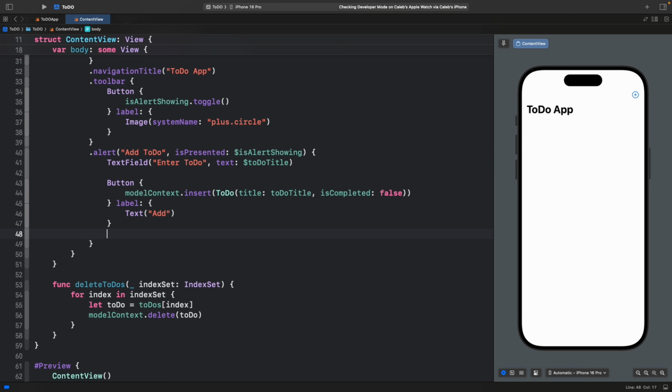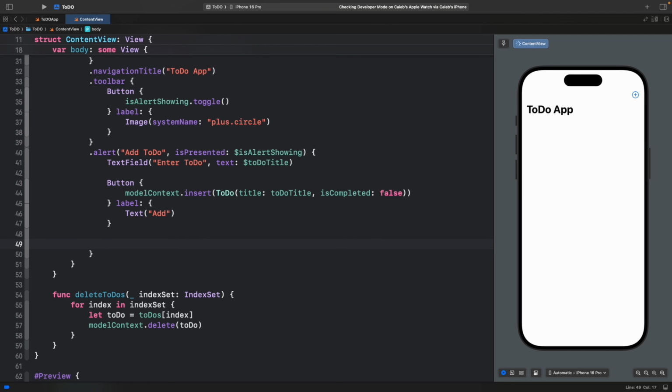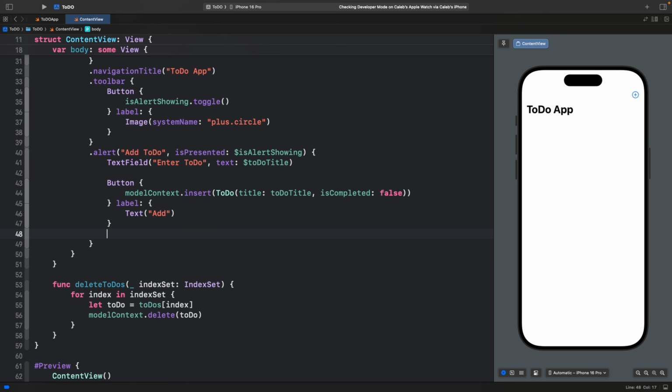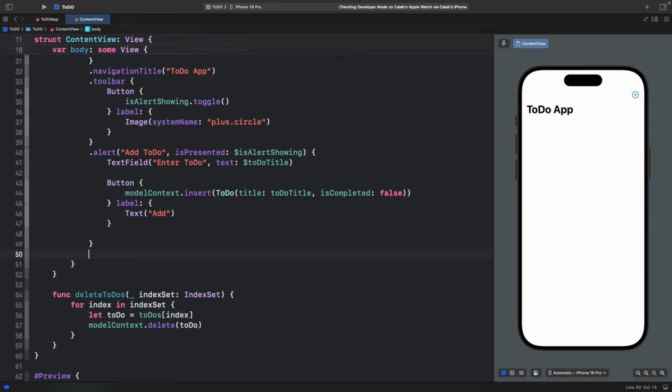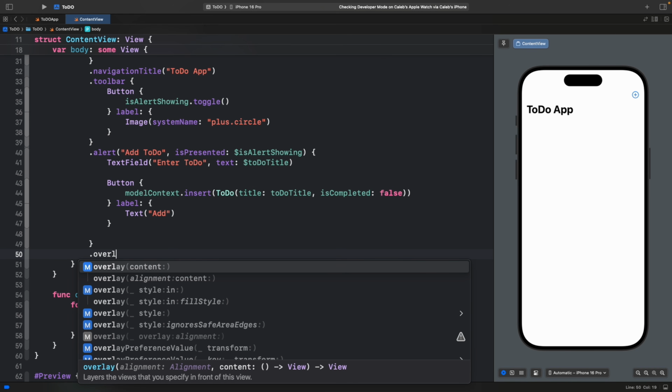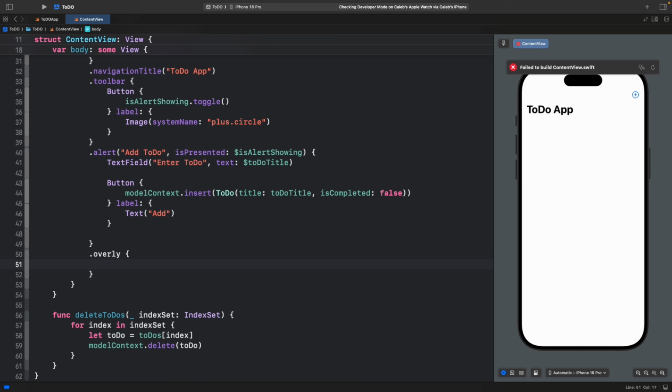So there's one more thing I want to add really quick, and that is on line, well, not 49, we're going to add it right after, or wait a minute. Yeah, we're going to go outside of our alert modifier here. And so on line 50, we're going to add an overlay, which will be conditional. This is going to be a little view that we can see when the user first launches the app or they've deleted all their to-dos. Instead of just staring at a blank screen, we'll add an unavailable view, meaning the to-do lists are not there. So I'll go overlay, and we will go content